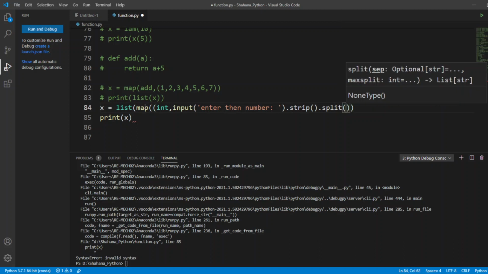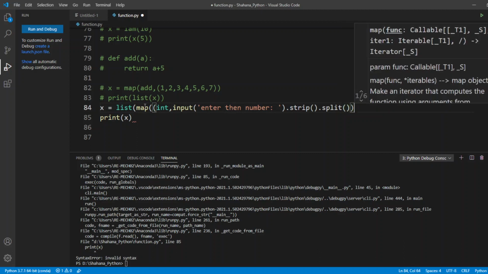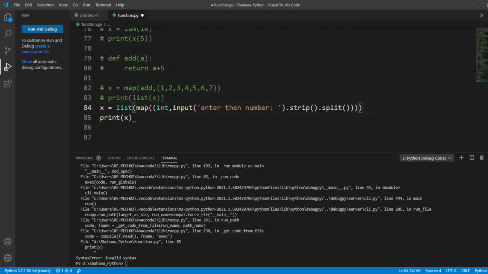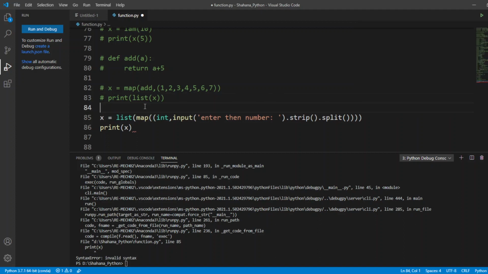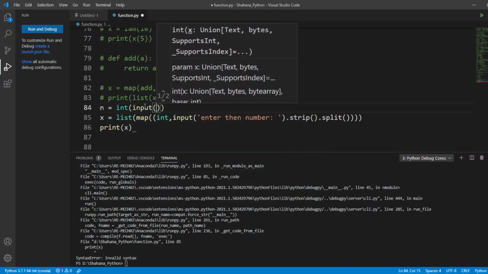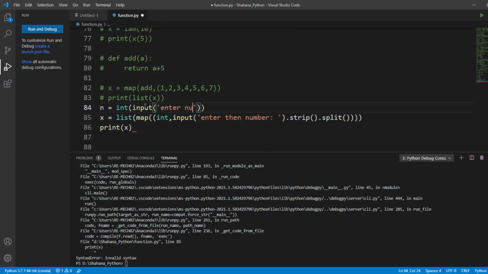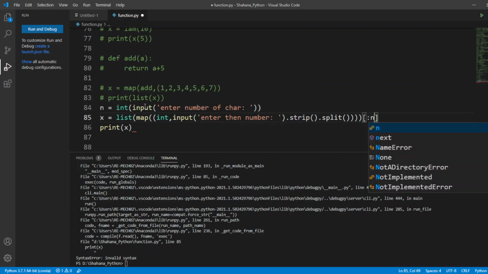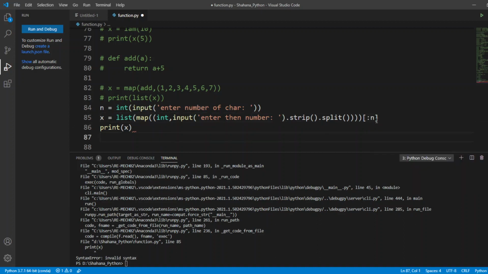I need to wrap this and this. Before that, I'm going to get another value in. It's going to be an integer input for the number of characters. It's going to tell you how many characters you want in the list. And then I'm going to reverse like this. I think everything is fine. Maybe it won't throw an error.